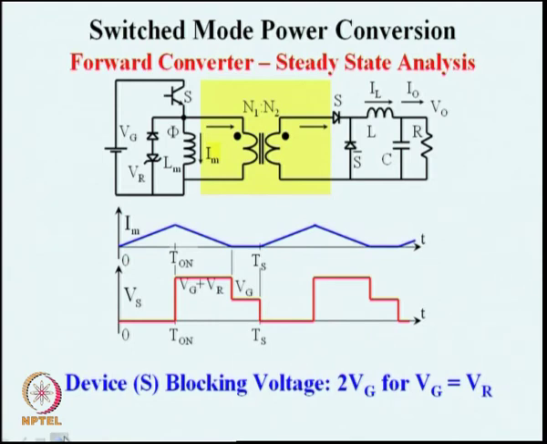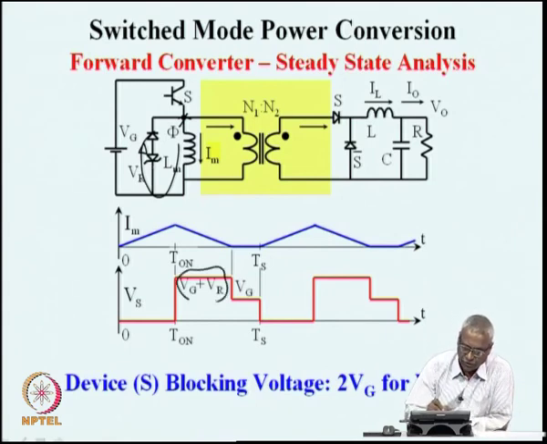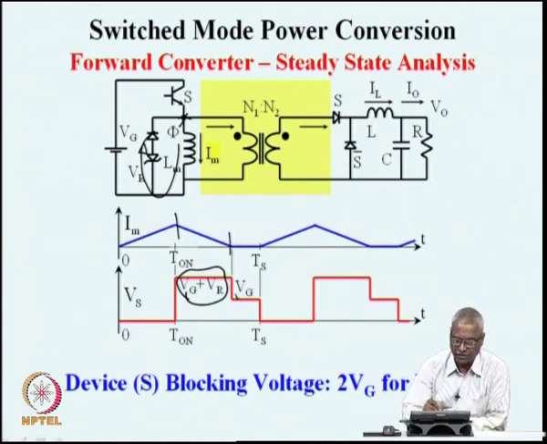The voltage waveform across the switch: during the time the flux is building up, the voltage across the switch is 0 because it is conducting, and during the off time, this device is losing its energy in the Zener. So, the voltage at this point is Vg plus Vr, that is additional voltage during the reset time. After the reset is over, there is no current in the inductor, and the voltage at this point is the same as the voltage at this point, which is minus Vg, which is this quantity.